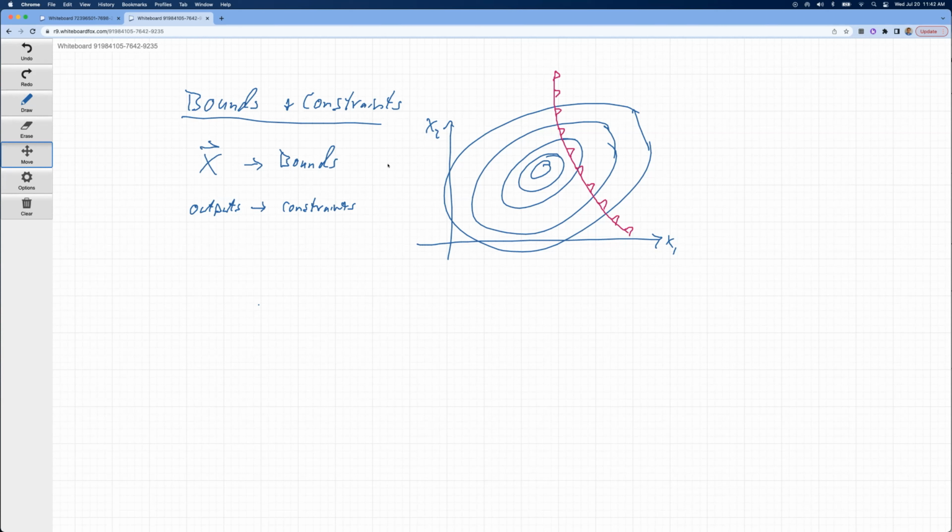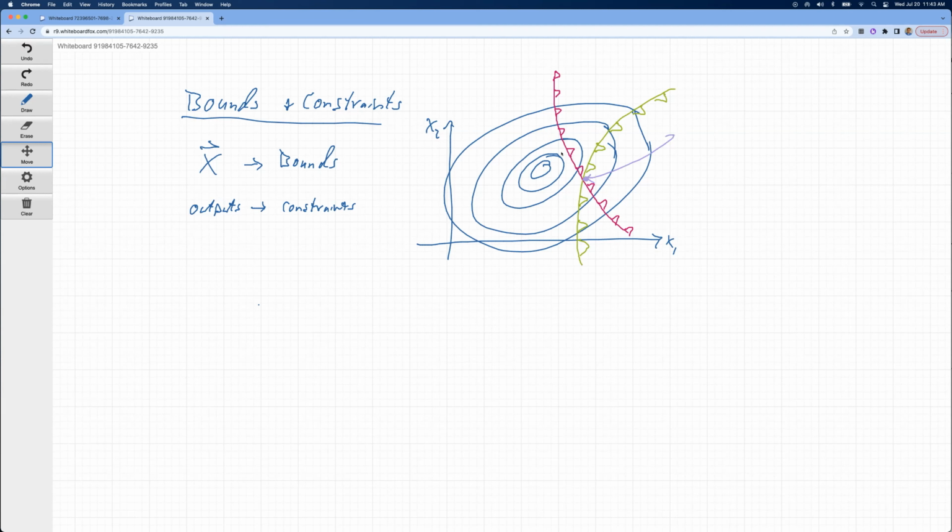So this changes the problem a little bit, because what we've got to do now is find the point here that minimizes the objective function, but stays on that side of the fence. And that's basically what constraints are doing. They're saying you've got to stay in certain regions here and still try to minimize the objective function, right? And sometimes we have more than one constraint on there. So we might have another fence that looks like this, where there's some other output that is violated if we go into this region here. And so, of course, you can see that the optimum that we're looking for would be that point right in here, if you could see this whole design space, right?